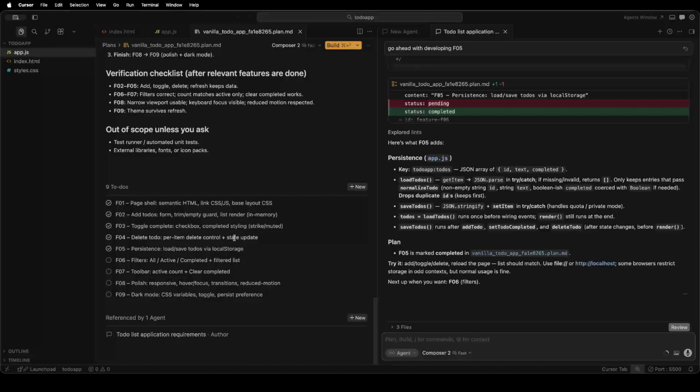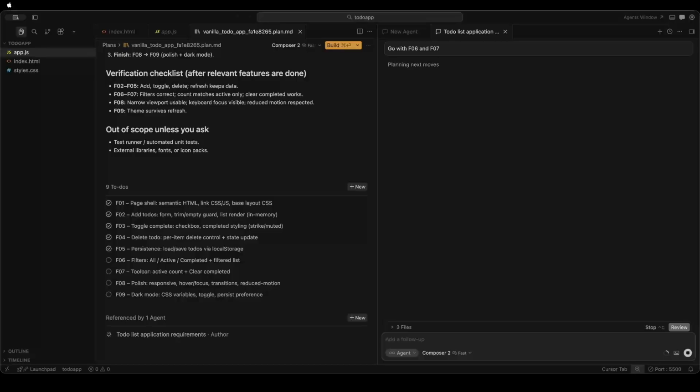Okay, so we will write something as feature 6, and features 6 and 7 depend on each other, so I will just tell it to go with 6 and 7. Okay,